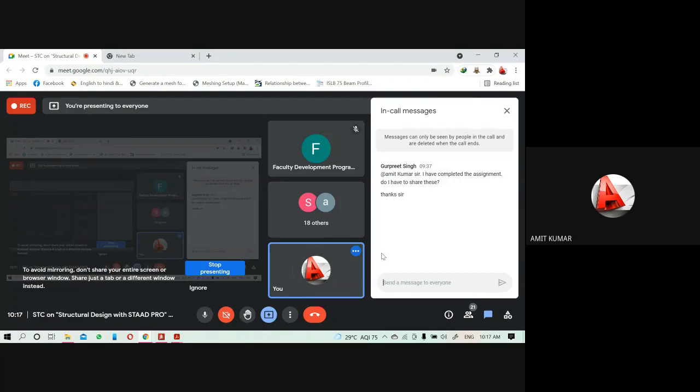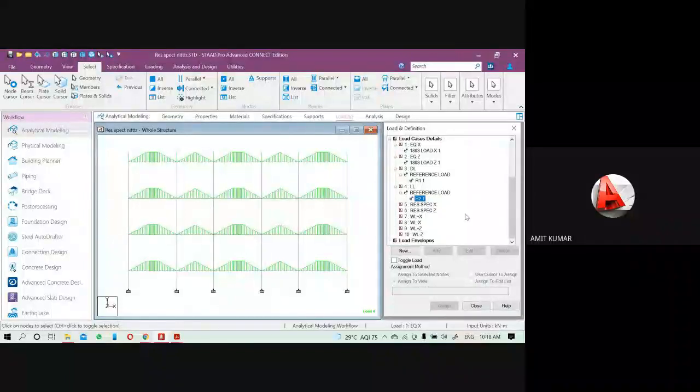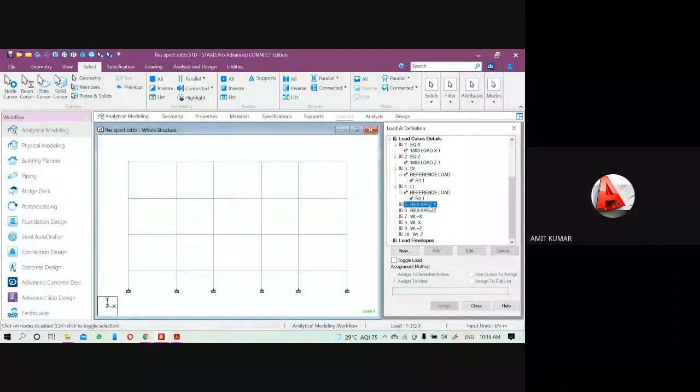Okay, so come to the static again. The next thing is your response spectrum analysis. For the response spectrum analysis, we have many combination methods like the SRSS method and CQC method.